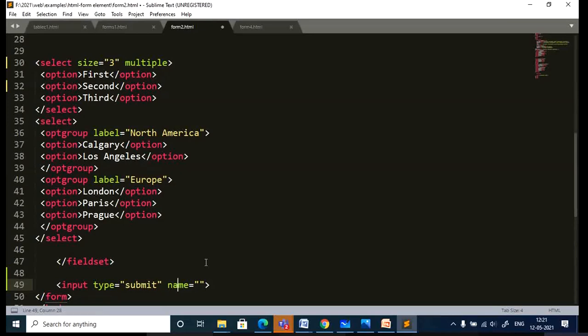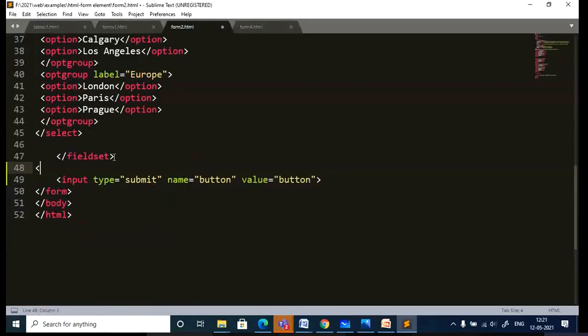Then give the name. So why we need to give name is these names can be used in CSS. When you are doing the cascade style sheet or if you are applying any style, during that time you need to use the name. So at the end you can just give the break here.